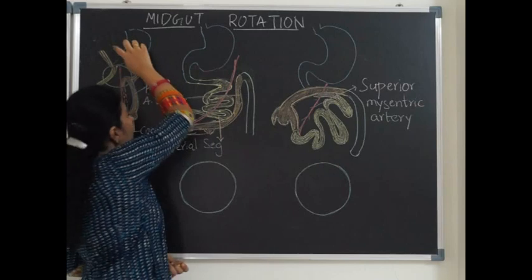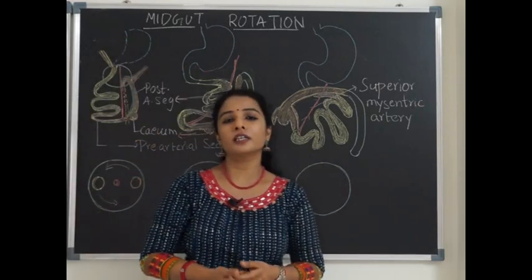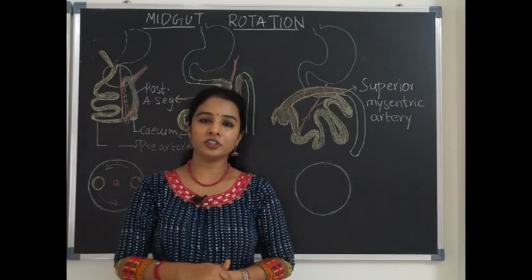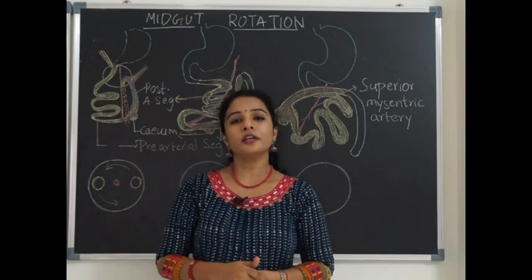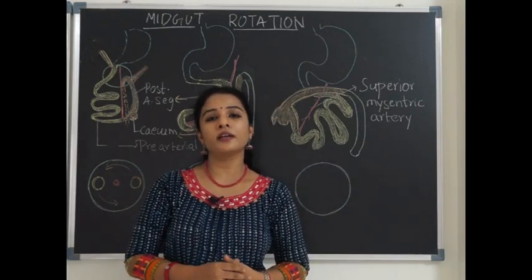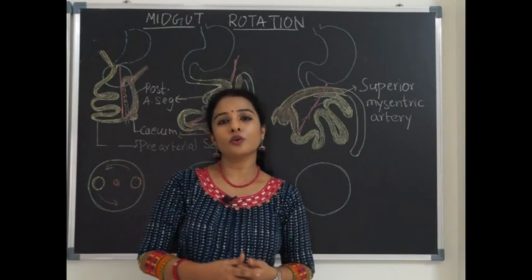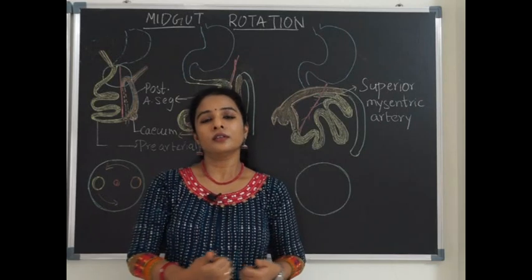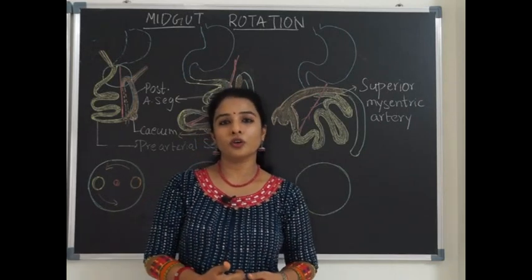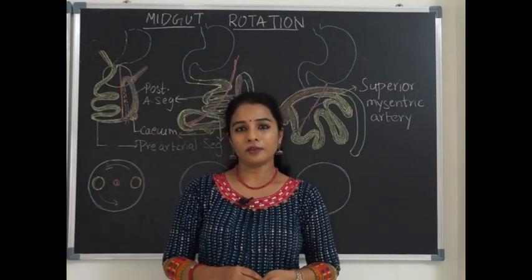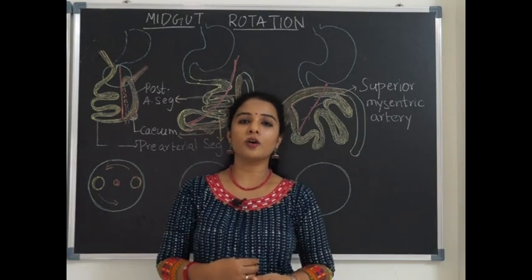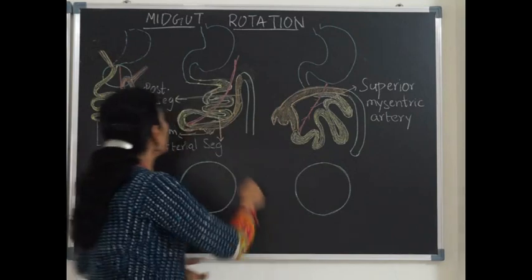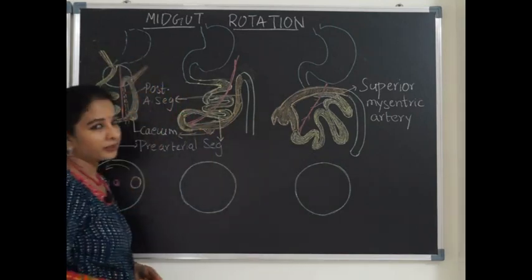The superior retention band in adults forms the suspensory ligament of the duodenum, which attaches to the duodenojejunal flexure. The inferior retention band forms the phrenicocholic ligament, which is present between the left flexure of the colon and the diaphragm. It is reflected from the diaphragm, and is called the phrenicocholic ligament. So these two bands anchor the midgut from inside.